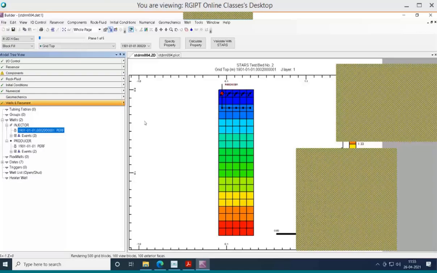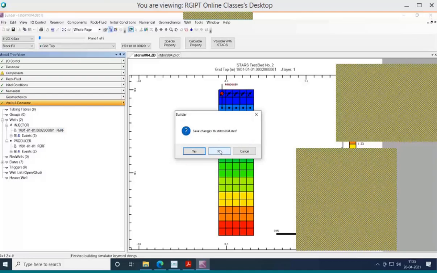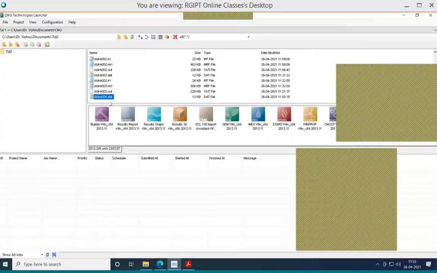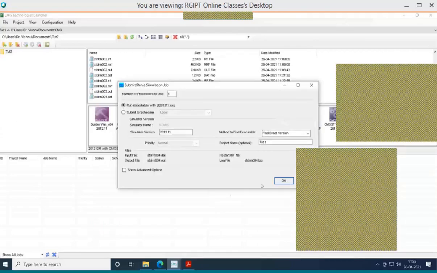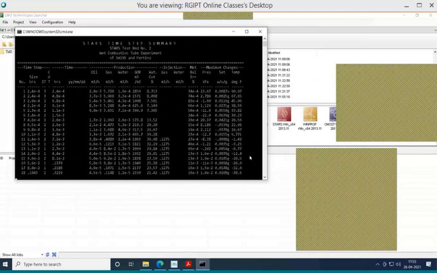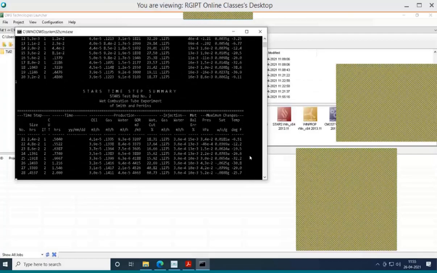Sir, can you show the results for this? Right now, okay, let us run this one. Let me save first. Save. STARS. Stop then trend reached. Okay, luckily there is no error. Our model is fine.